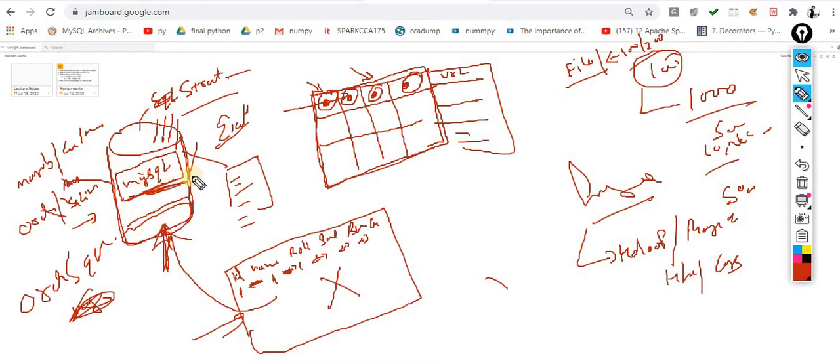This totally depends upon the situation. Today your organization has thousands of employees, so you don't need to worry; you can process with MySQL. Let's suppose tomorrow your organization expands and you now have records of 10 lakh employees, 10 lakh customers. At that time, you have to move from files to this kind of connection, that is MySQL.